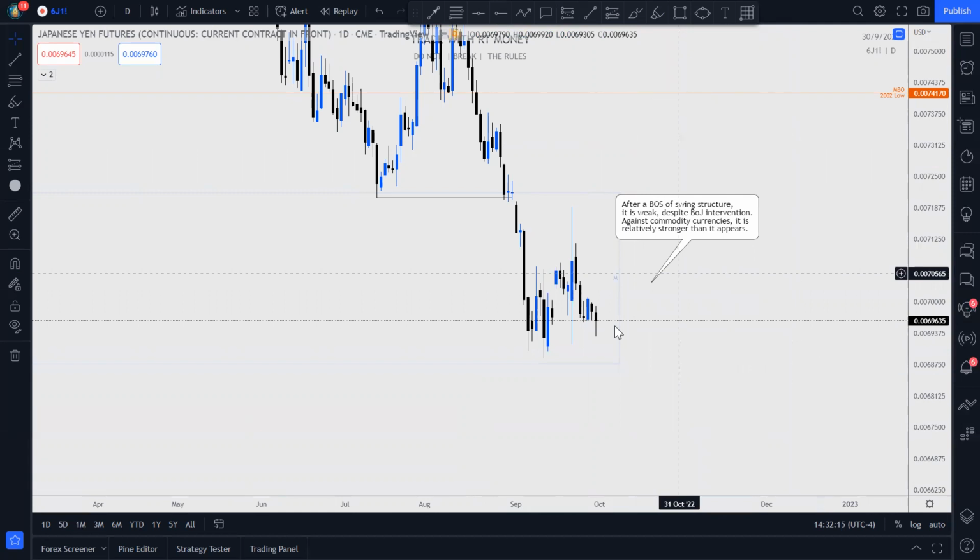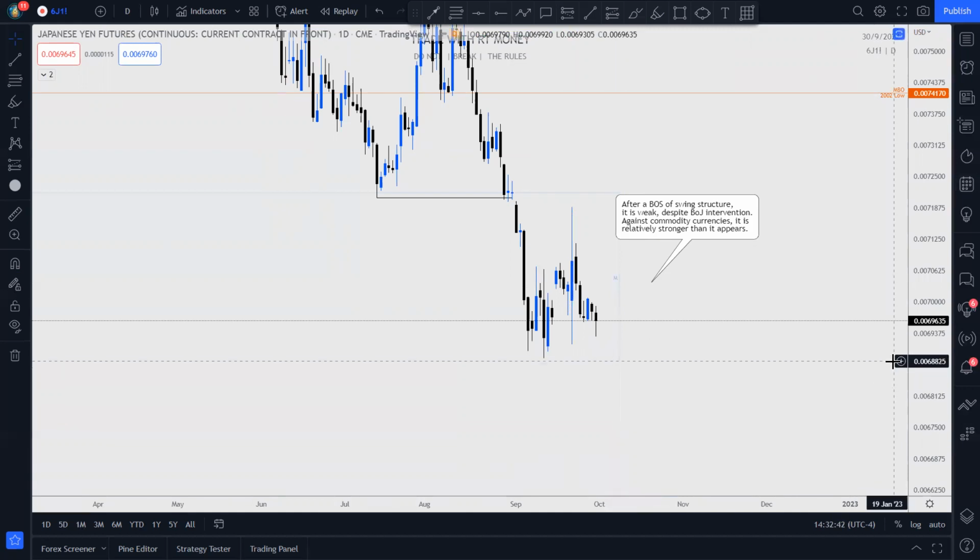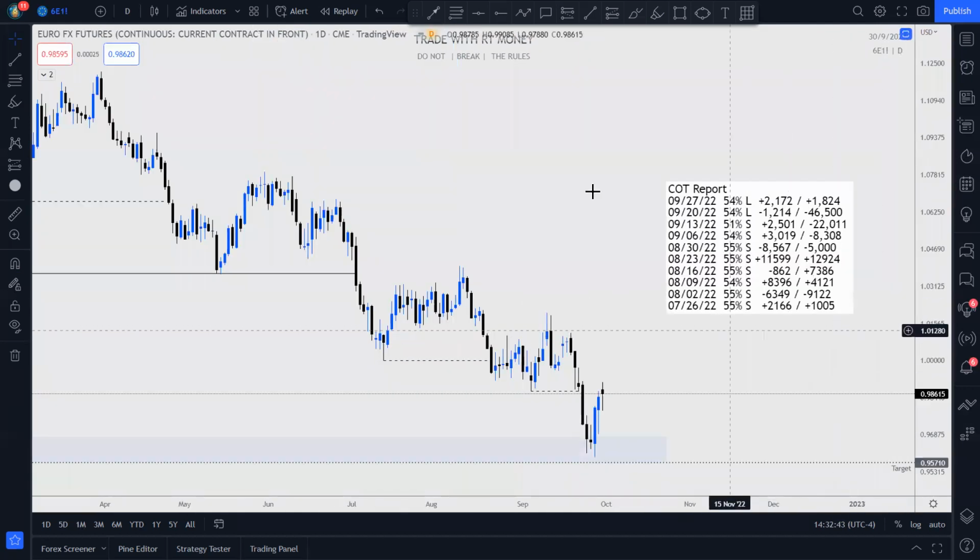And in times like these, you'll start to see the strengthening of safe haven currencies, and people moving their money from the commodity currencies to safe havens. So I'm going to watch this yen, and I will look to put it against the weaker pairs. All right. If we go to the euro next,